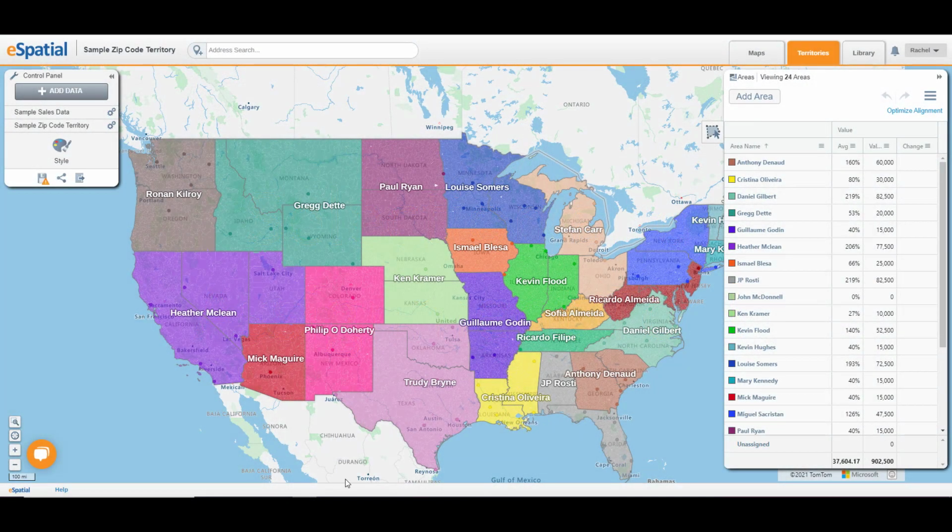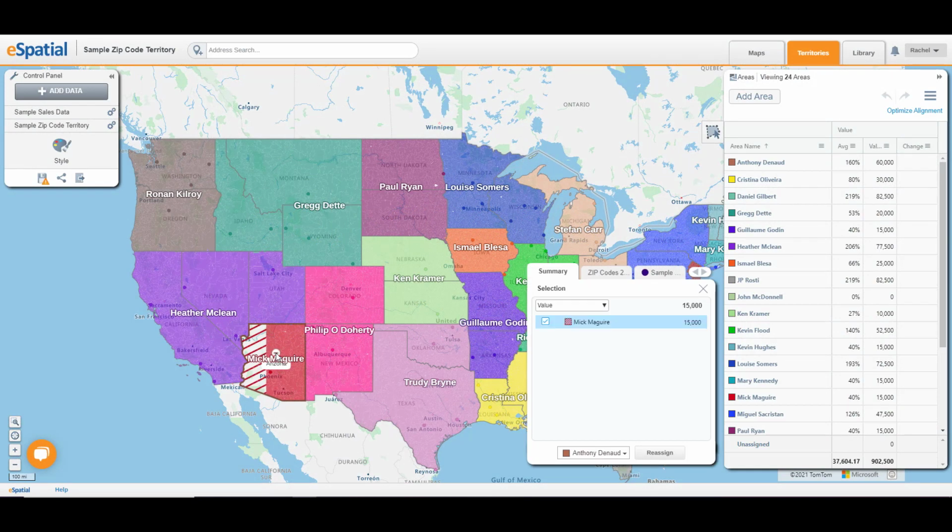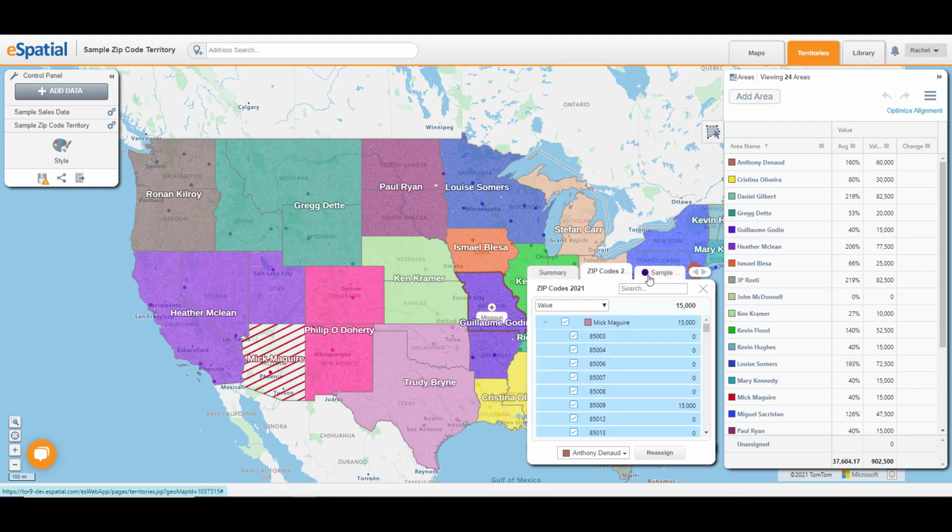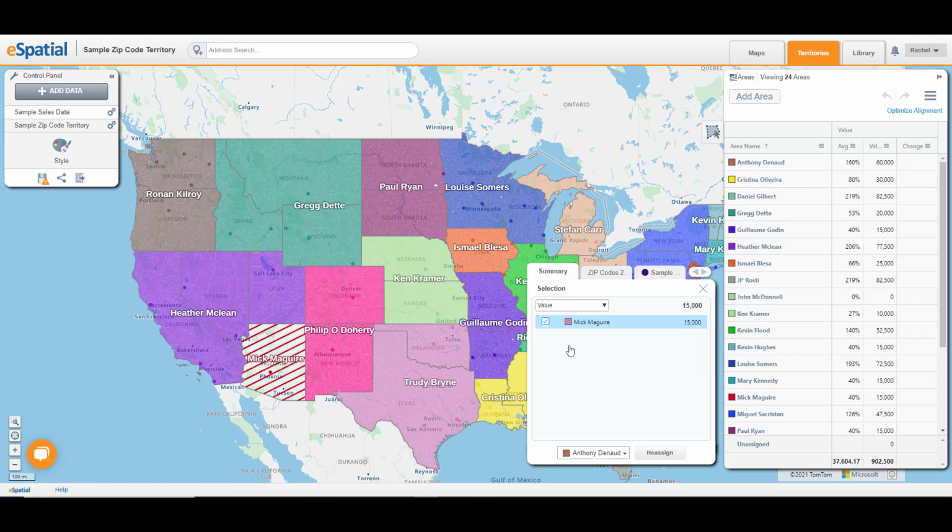We have improved the way you assign boundaries such as zip codes and counties. Our new selection and assignment tool allows you to bulk add boundaries to areas and see a summary of the changes, as well as a detailed outline of the boundaries being moved, the balance change, and the accounts that are being allocated or reallocated to your selected territory. The Selection and Assignment panel also gives you the option to select and deselect which areas are transferred to your selected territories, as well as accounts or leads if you have added balances.